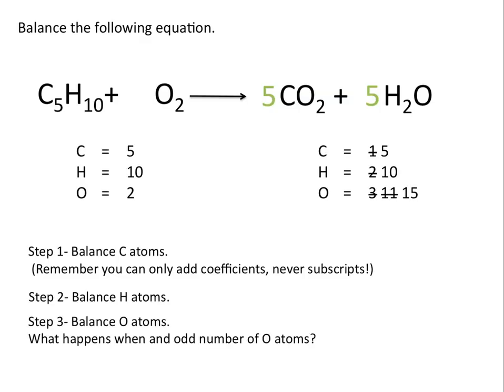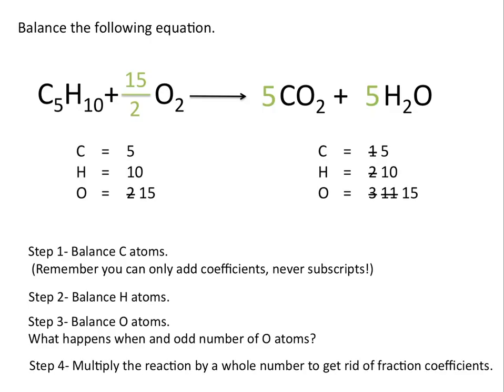Now you'll see that we have O2 on the reactant side, and we have 15 oxygen atoms on the product side that we need to balance. Now putting any coefficient in front of O2 is going to give us an even number of oxygen atoms. And so the trick to balancing these combustion reactions is to start by putting a fractional coefficient in front of O2. So in this case, we'll choose 15 halves, because 15 halves times the coefficient on O2, which is 2, gives us 15 oxygen atoms on the reactant side, which now balances with the 15 oxygen atoms on the product side.